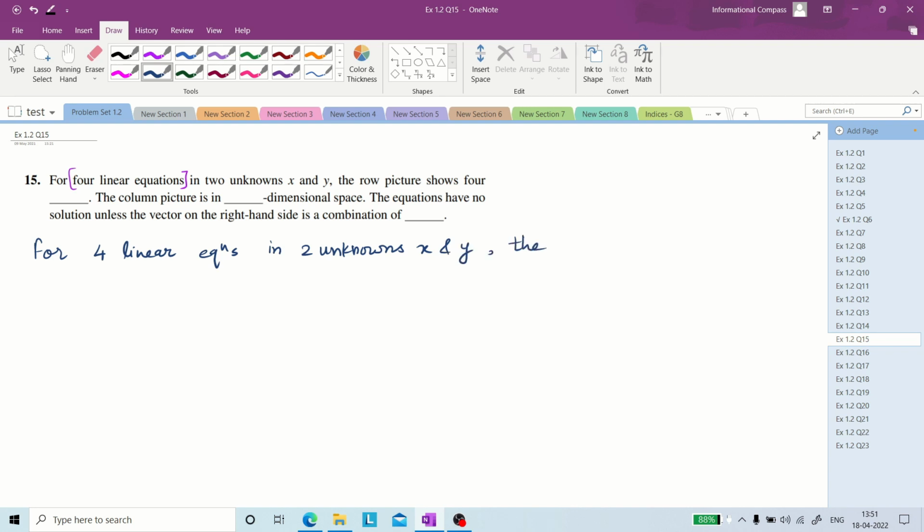The row picture, we are basically trying to understand the first statement, right? So the row picture shows 4 lines. So arbitrarily such a system will be given by